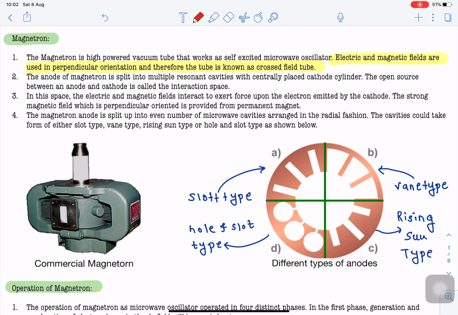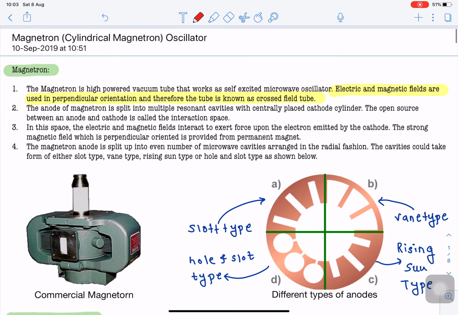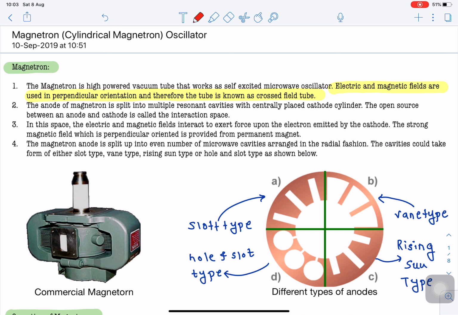As we saw in the case of a reflex klystron tube, in order to initially set up an oscillation, a momentary microwave signal is introduced into the single cavity. Likewise, in the magnetron, it is also required to set up certain initial oscillations. And when these oscillations are set up, the structure of the magnetron is made in such a way that the oscillations will be maintained and a high frequency will be generated.